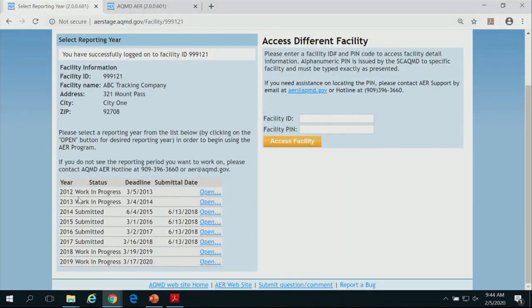So once you log into your facility, you see your facility ID information up in this page, and you see the history of the facility or the previous submittals. In case of this facility, as you see, they've been in the program since 2012. Once you're added to the tool, that means that you need to report. And the status for the first 2 years is work is in progress. That indicates that somebody started some work but nobody submitted. The first time that you log in, before anybody has touched the report, the status is available. That indicates that it was added and nobody has touched it.